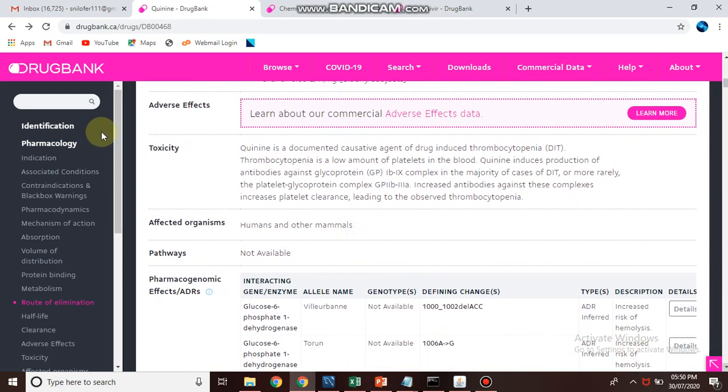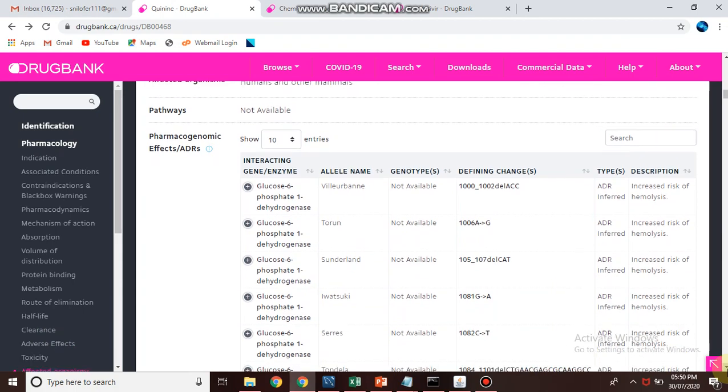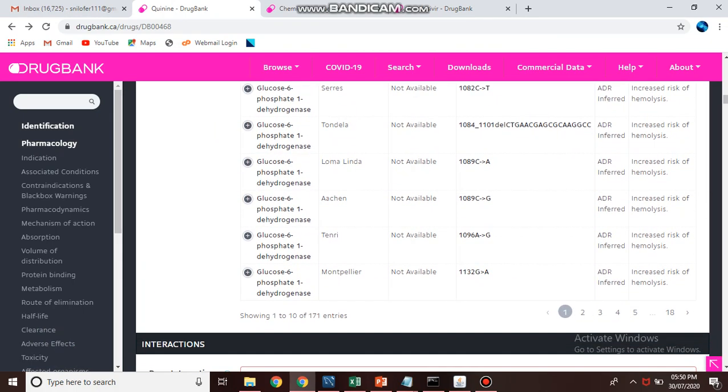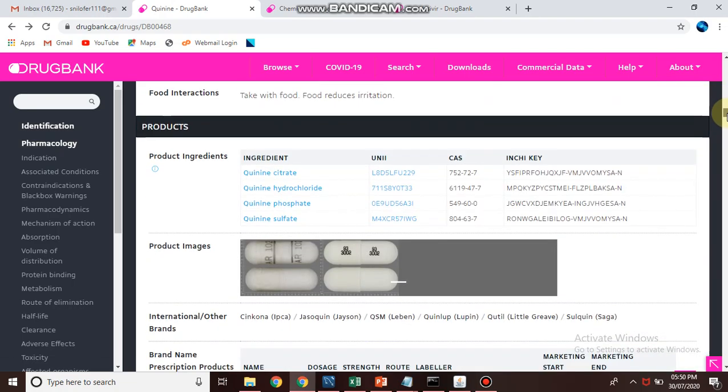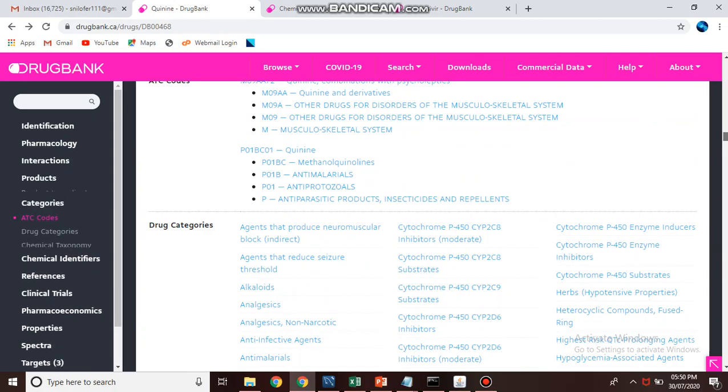Is there any toxicity of the particular drug? This overall information you can see. It contains a vast amount of information. So you can find